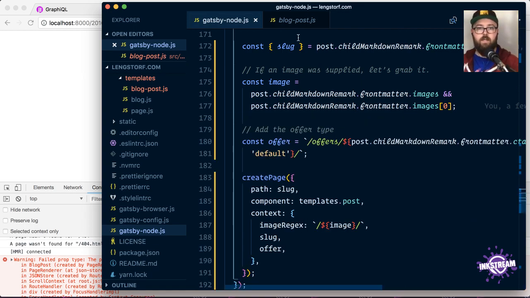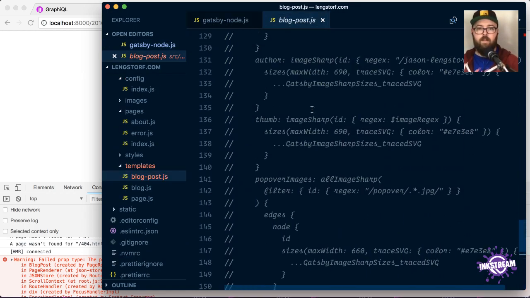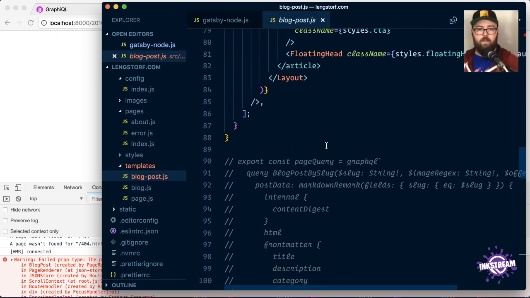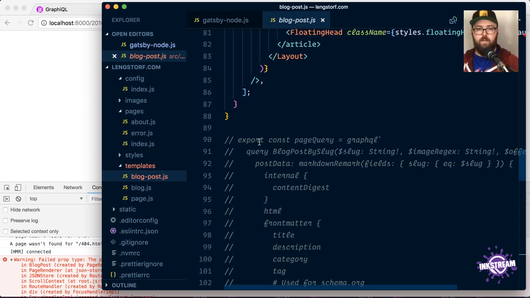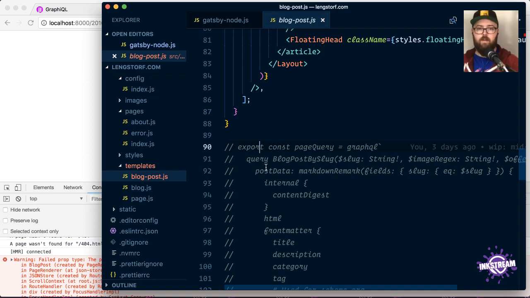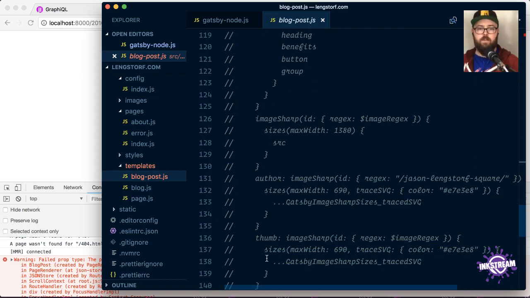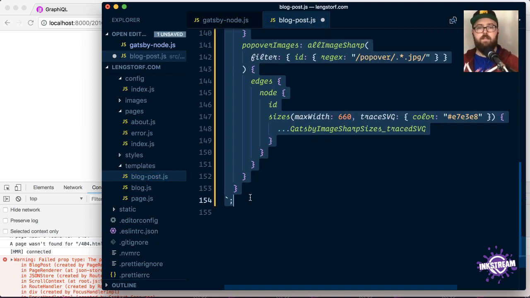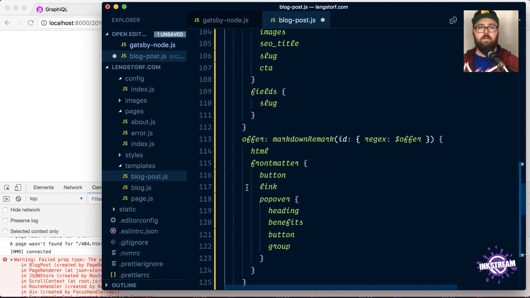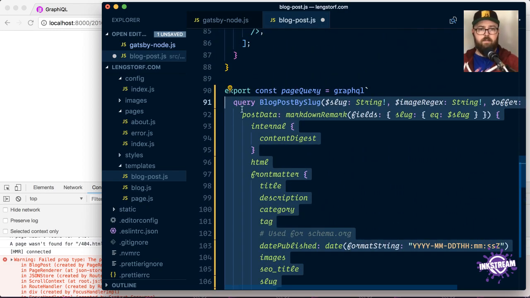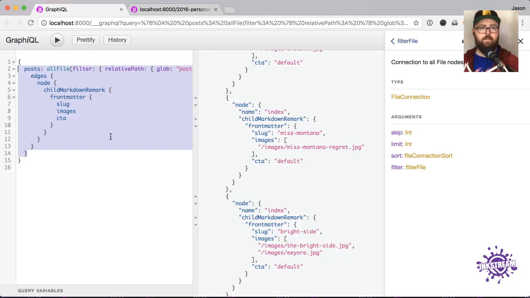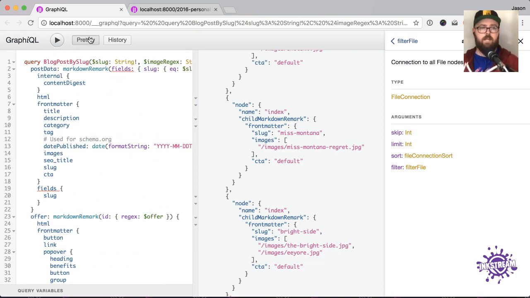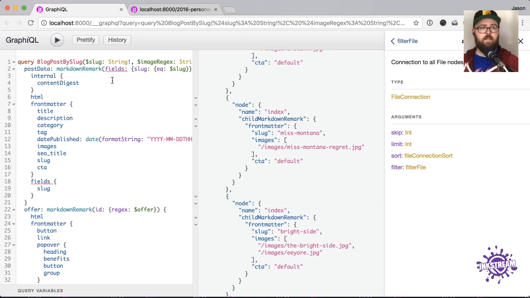So let's go back into the props. We're going to look at this one here. And we're going to look at the blog post. And what do we got? We want to write this query to actually get the things we need to display our blog post. So we're going to take this one. We're going to uncomment it, and we're going to pull it into GraphiQL, and we're going to make it work. All right, so there's a lot of pieces in here, so probably this one's going to be kind of a pain. So let's go here,